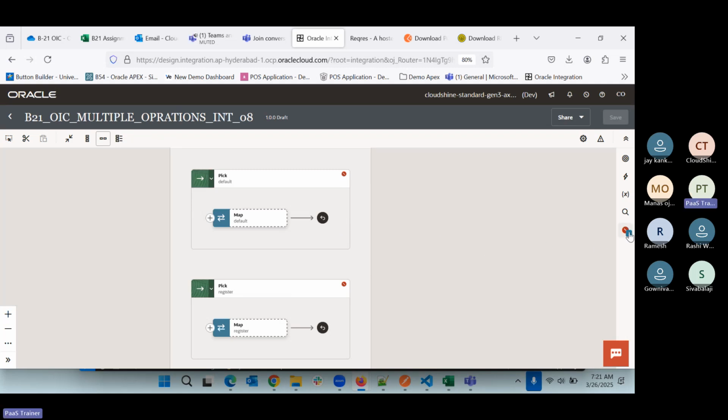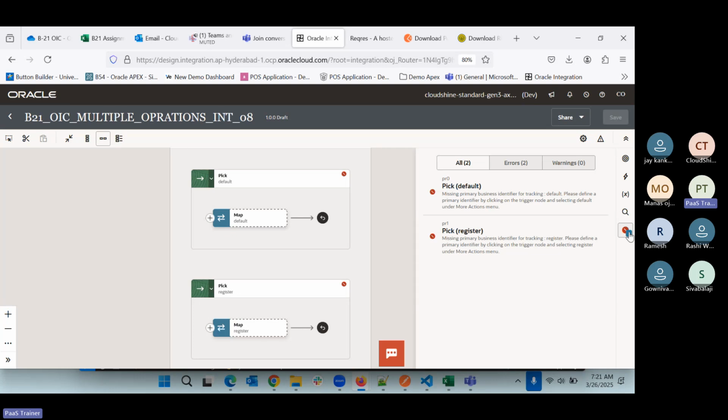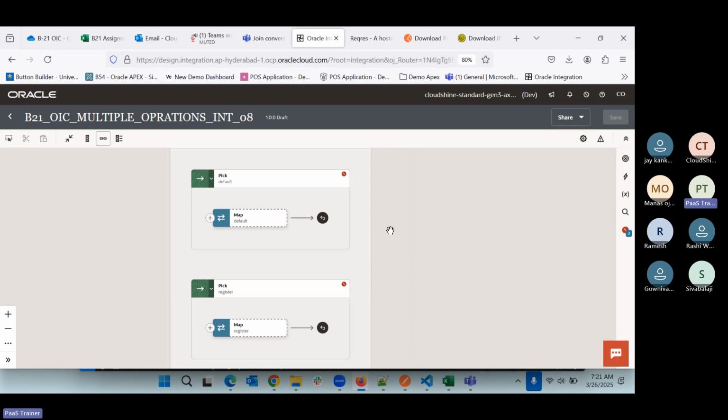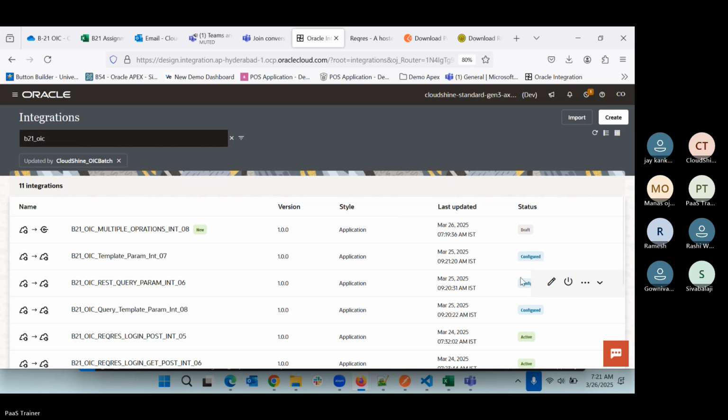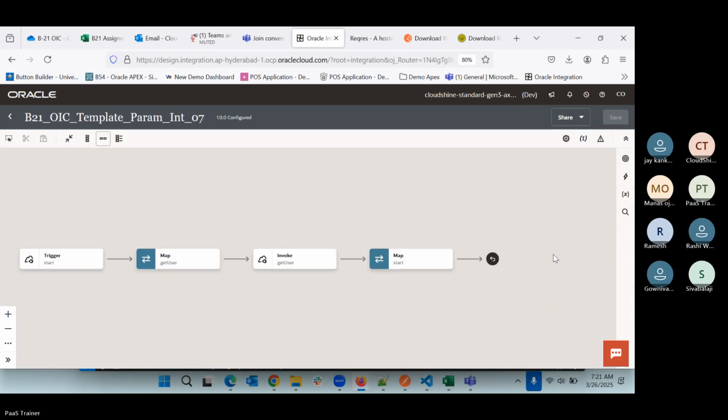Now if you see, in the previous scenario, when we were getting the business identifier error, directly from here we could have clicked and it will go into that page, and we can achieve it. But here if you see, we are not able to do that. And even here, the business identifier is not coming. Suppose I go back,